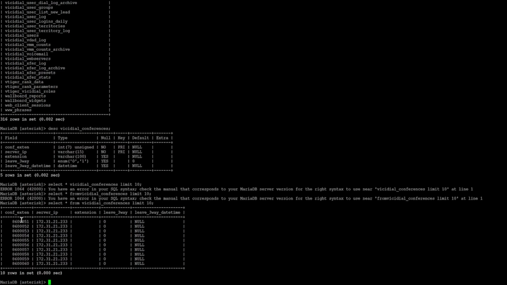So what we are going to do now is update the server IP address by running an update query. The update query is very simple. We use update and then the table name, then use set, and then use the condition which comes with where. So first of all, we'll use update. Okay, so now we'll enter the table name. The table name in this case is